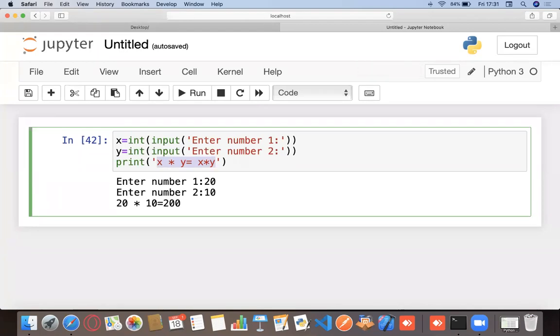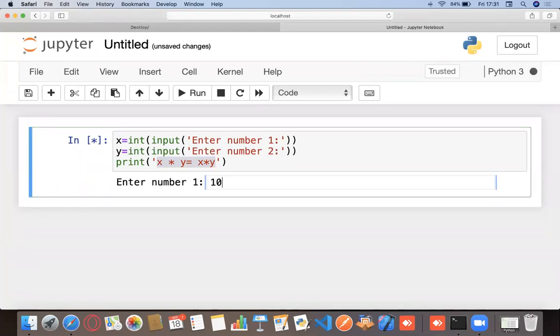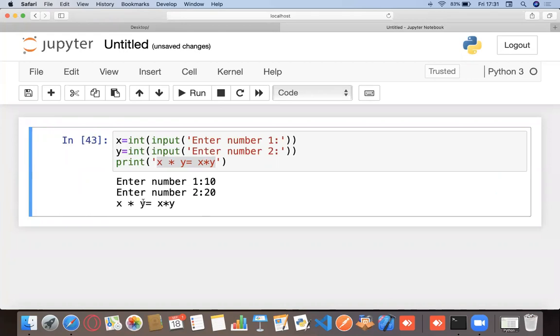So it would print it just the way it is. I could enter 10 and 20, but it's going to print just this.